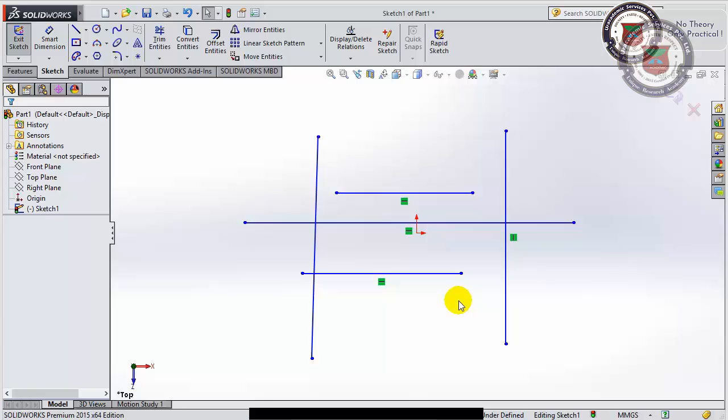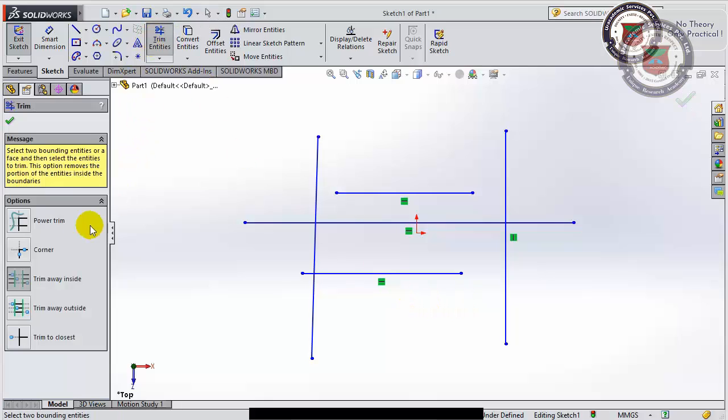It remains inside. So now for this command, first of all I have to define the boundaries. This one is my boundary, this one is my second boundary. Now if I click on this line, you can see both the lines, those who are inside.